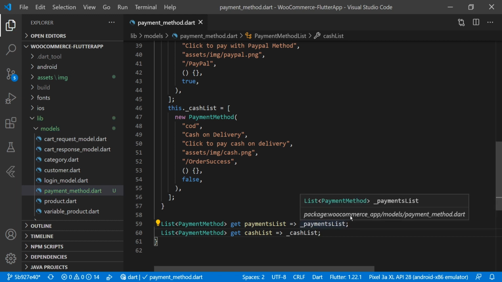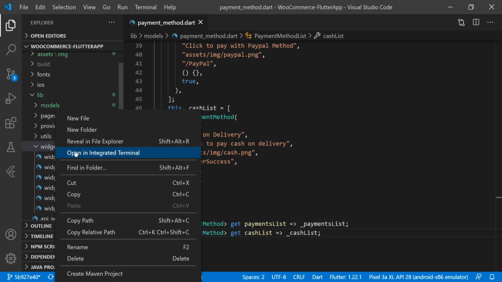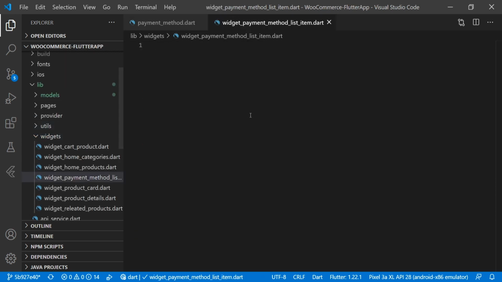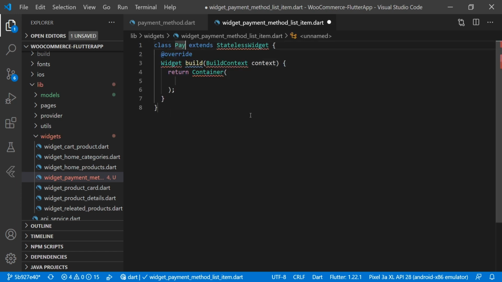So now we will design our widget to show the payment method in our application. We will create a widget file here in the widget folder, and we will name it widget_payment_method_list_item.dart, and we will make it a stateless widget, PaymentMethodListItem.